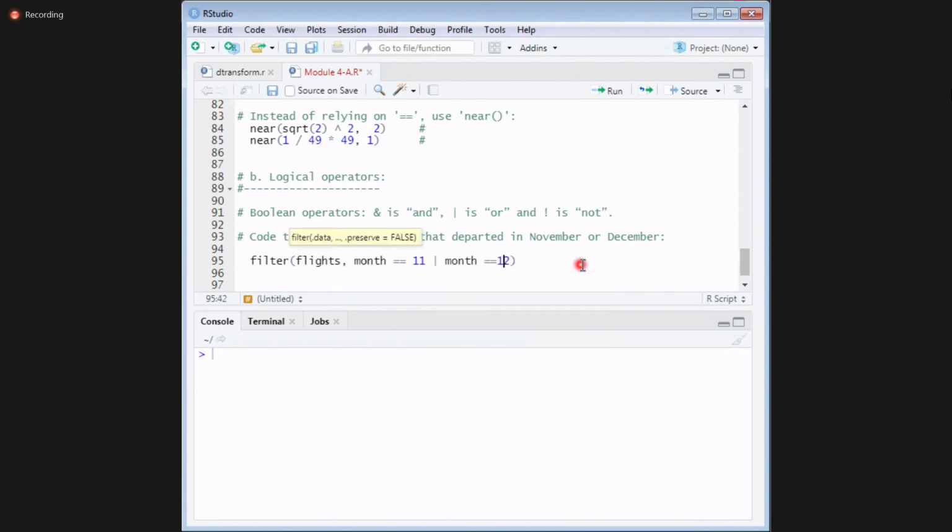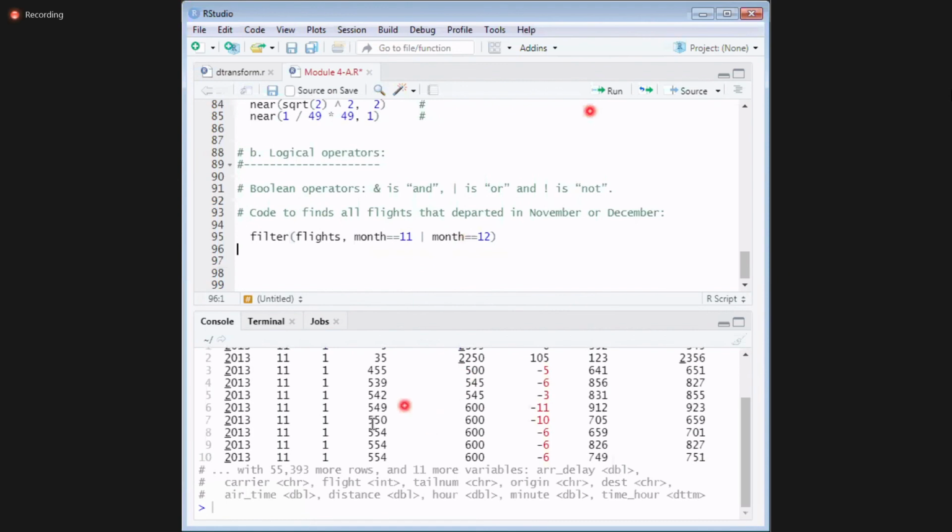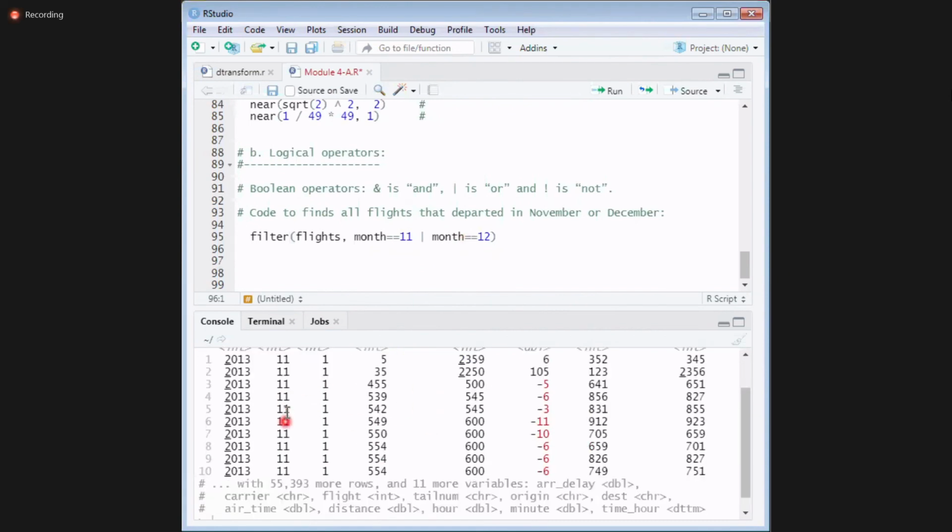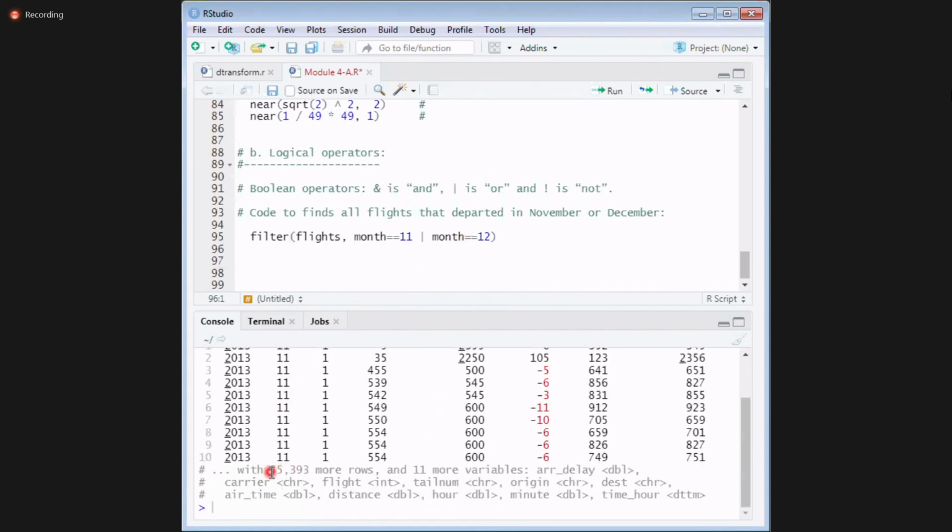Will it work? Yes or no? I want all the flights data from month 11 and month 12. See, it is 11, following there are more, 55,000. There you will find 12 also. Is this clear?